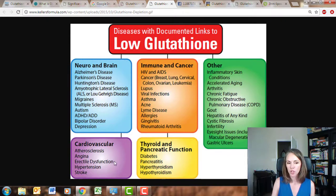We've got atherosclerosis, angina, erectile dysfunction, which is a cardiovascular disease. It's inflammation and blocking of the blood vessels, hypertension and stroke, immune system and cancer. People with low glutathione are more prone to HIV and AIDS, cancer of all kinds, especially breast,